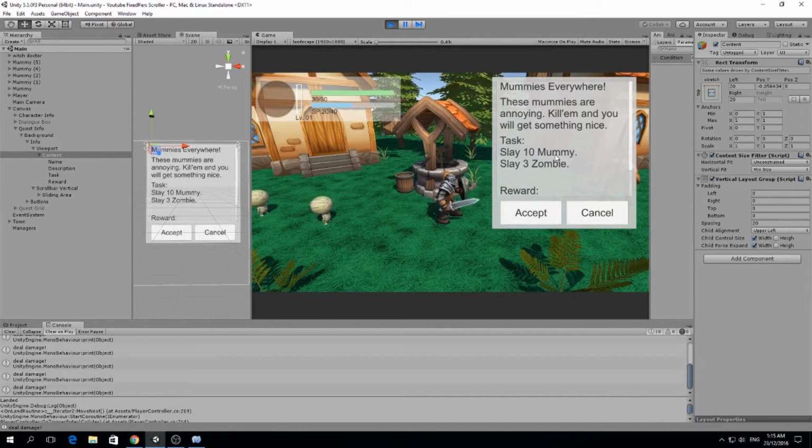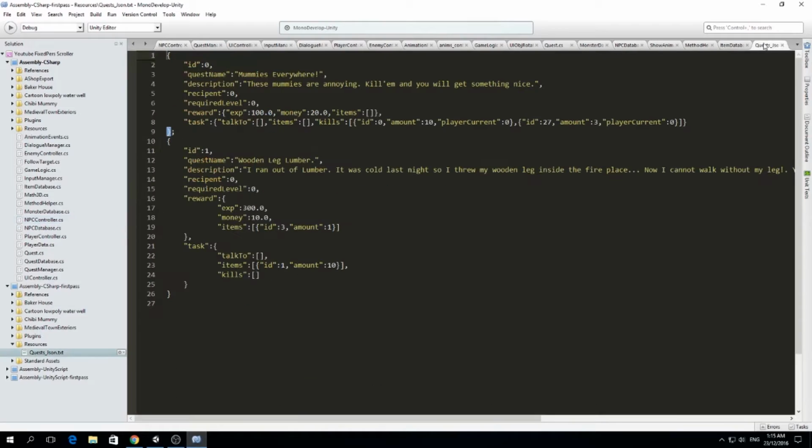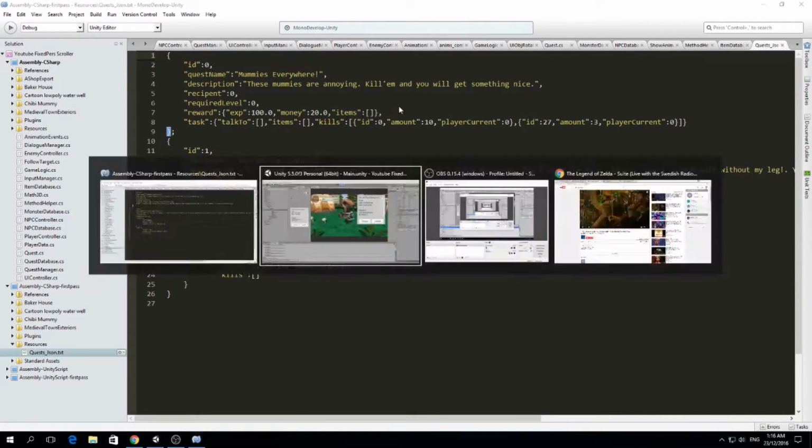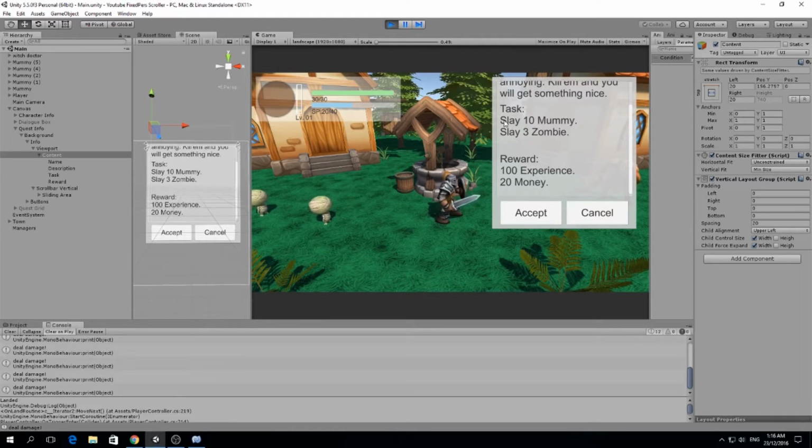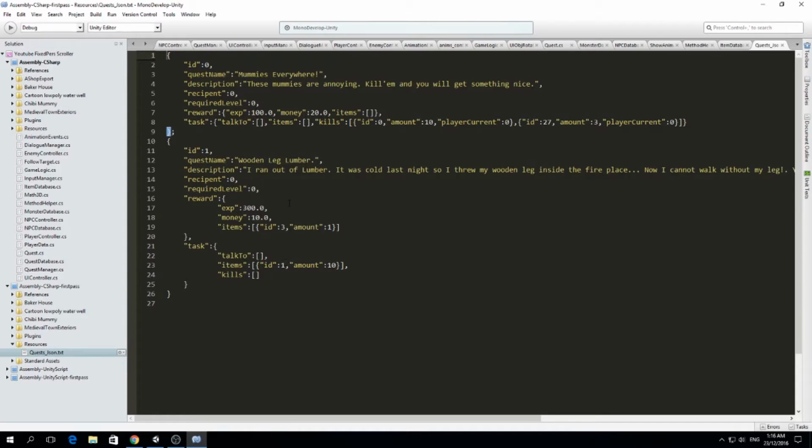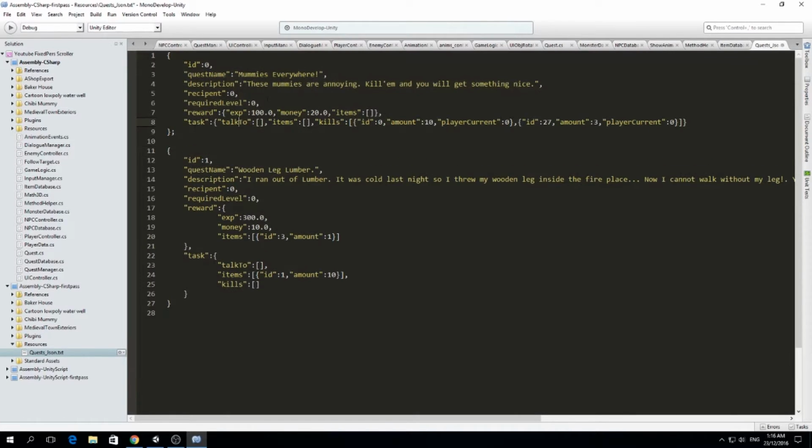But right now the main point of this video is showing you this is my JSON. For example, right now you see that the task is killing 10 mummies and 3 zombies. So if I change that from here in the JSON file, this is my first quest, I can separate it like this so it's easier to read. If you see, the task is talk to no one, items no one, kills. We have ID 0, 10, and the player current, and also we have